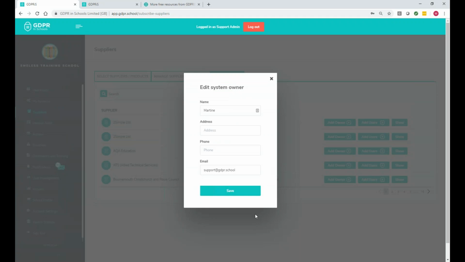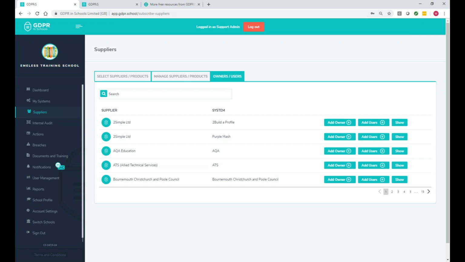Now this isn't mandatory. Okay, if you really don't want to put owners in, that's fine. It will automatically put in your head teacher's name. Okay,